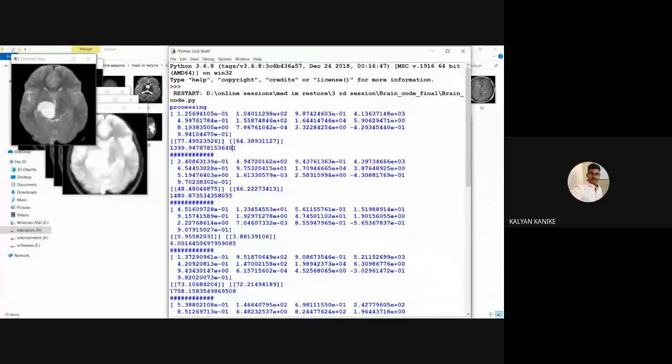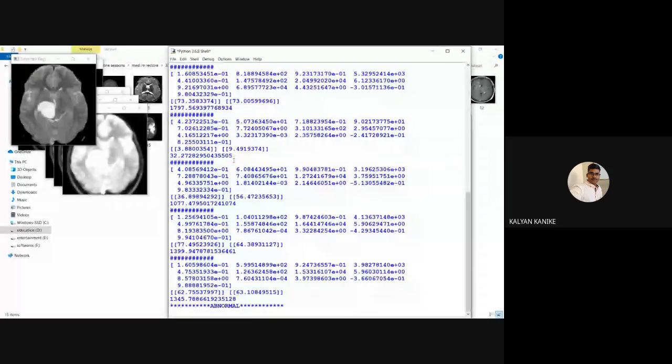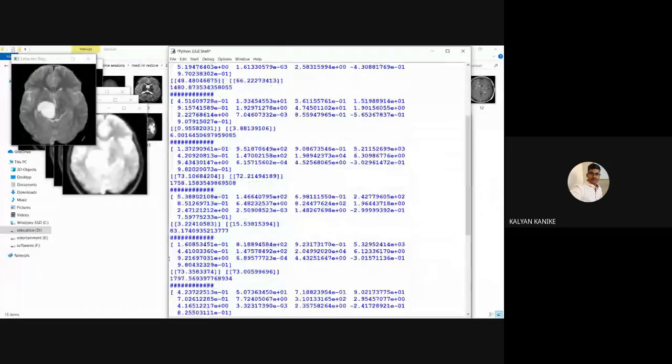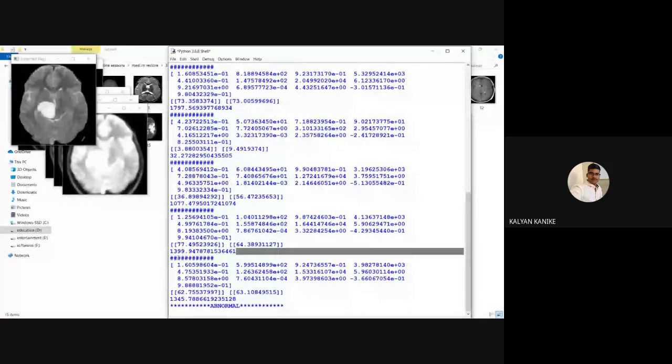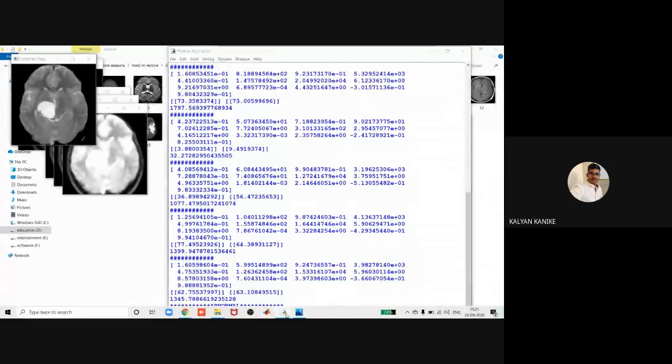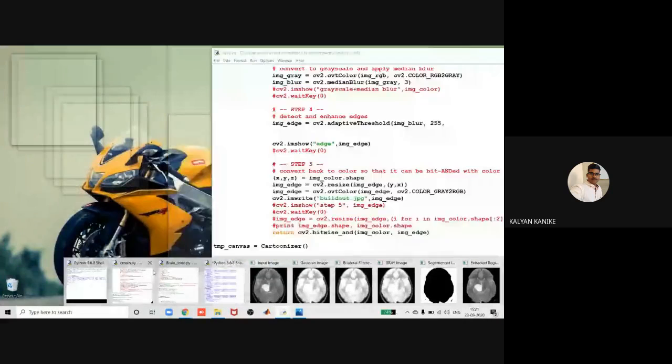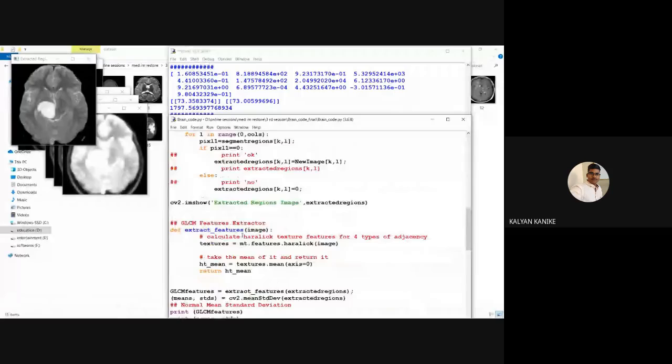This test image is going to be compared with all the 10 or 15 images' information. Where it is matched in the data set, it is matched here. So the result is giving us abnormal according to our condition. Okay, so fine.